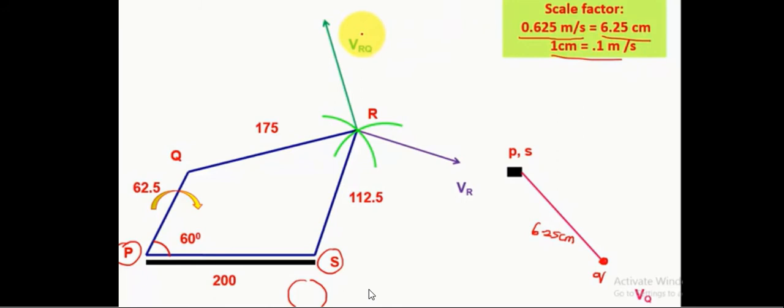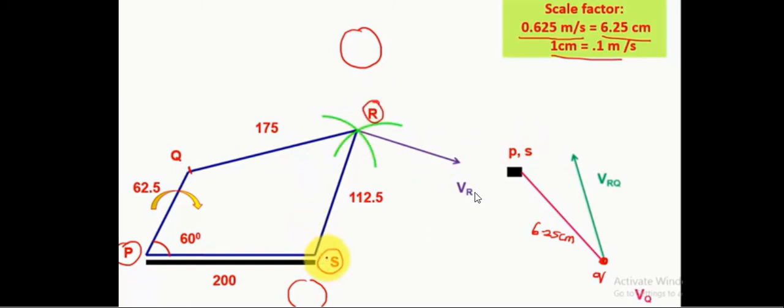Now we will mark that VRQ to the Q. So use a rolling scale, trace out that VRQ velocity vector to the point Q. So that will be the direction, but we don't know the dimension or the magnitude of VRQ yet. For that we have to trace that VRS towards S. VR is actually VRS. S, because S is stationary, we avoid writing S. So we can plot that VRS towards S by using a rolling scale, and those two lines will intersect at a point that will be represented by R.